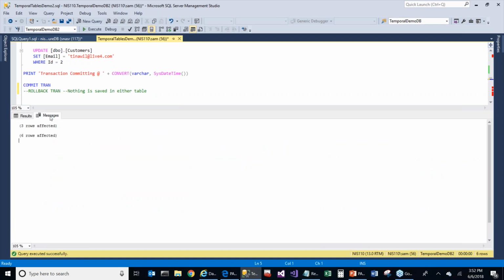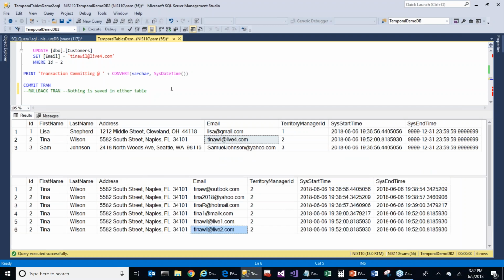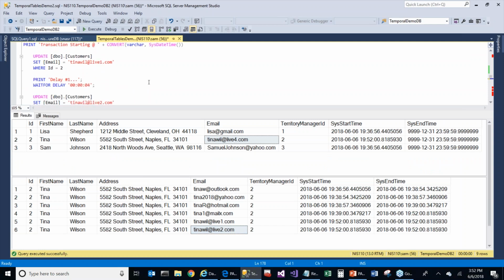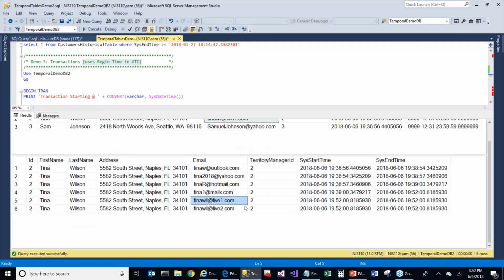Now, if you look at the messages, shoot. Okay, I accidentally switched over before noting the transaction start time. So what happens is when you execute it in a transaction, it essentially uses the begin time of the transaction in UTC. And so looking at the Tina Wilson for live 1 and live 2, we see that the sys start time,